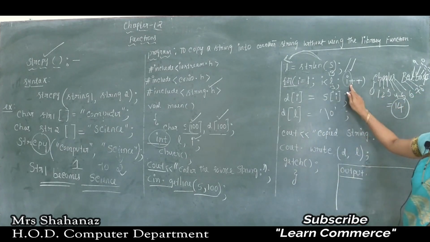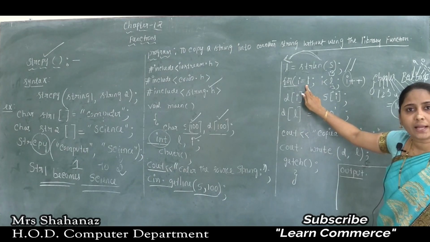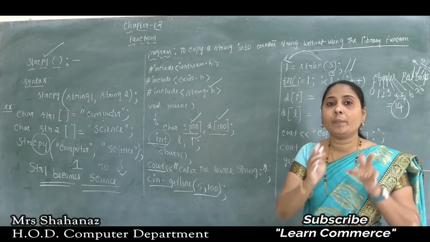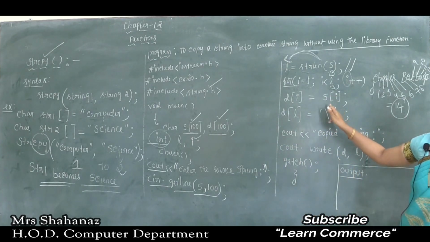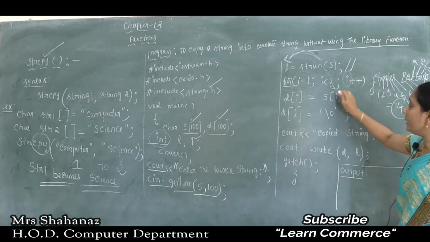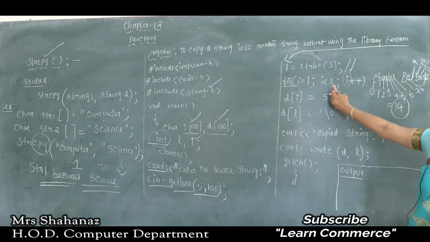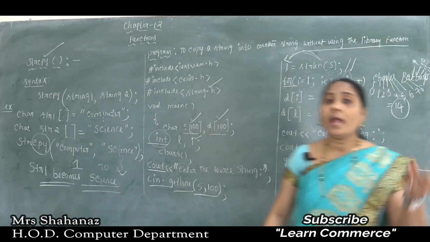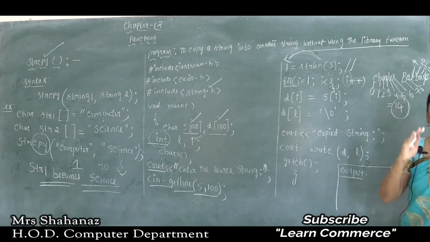again it is going to access the character, then next the second position value is accessed, and then it is going to check the condition. If the condition is true, maybe 2 is less than 14. Clear? The total number of characters is 14 here, we can say. So we can say that here 2 is less than 14 when compared, as the condition is true. Again it is going to access the character. So like that all those characters are going to be accessed one after another here.